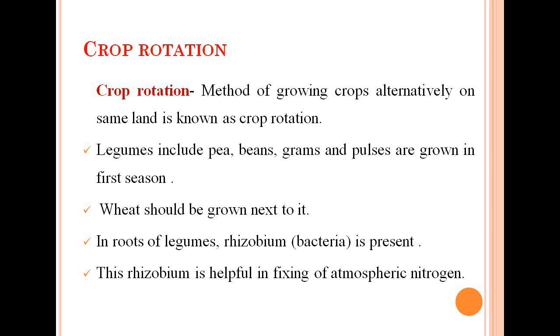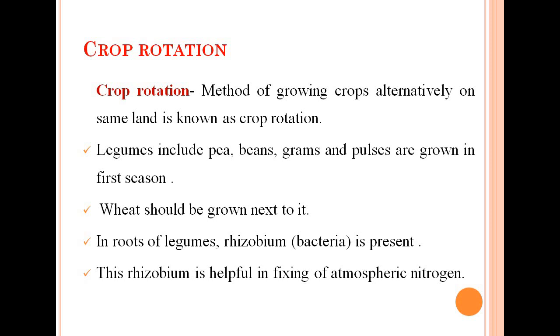First of all, we will study what crop rotation is. The practice of growing two or more dissimilar crops in the same field, one after the other, is called crop rotation. Here I have told you two words, that the crops are grown on the same land but not at the same time. One after the other means alternately. This is done keeping in mind the nutrient requirements of a particular crop. For example,